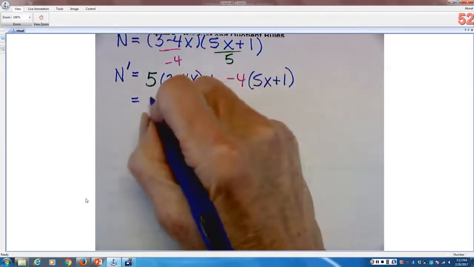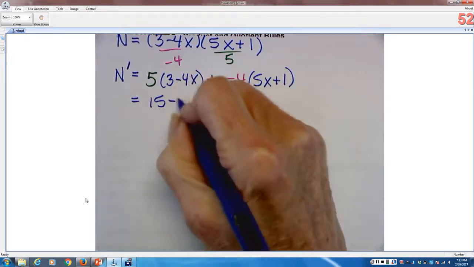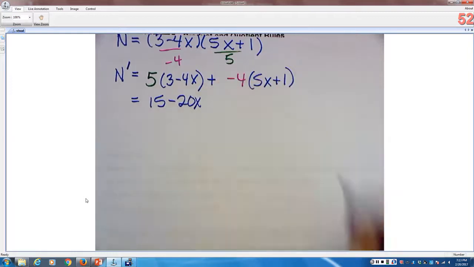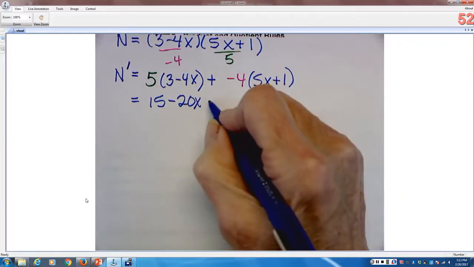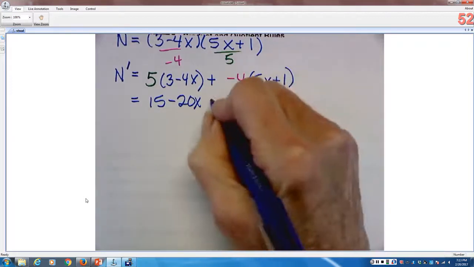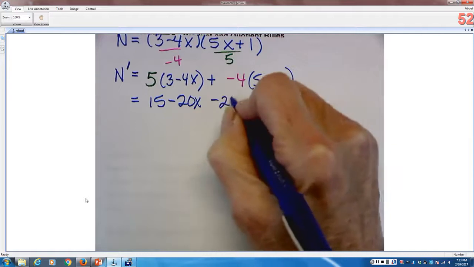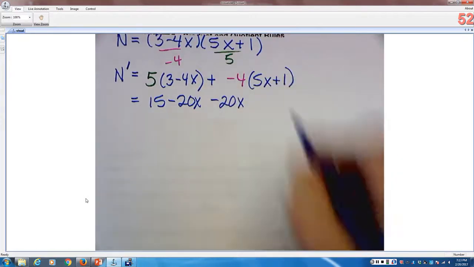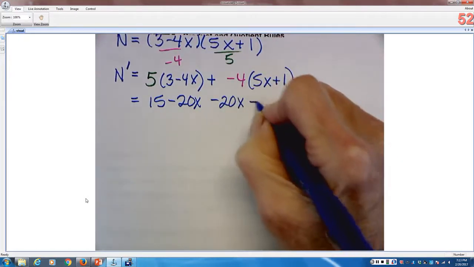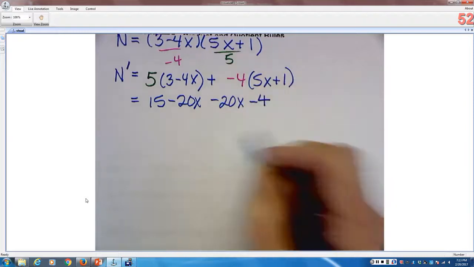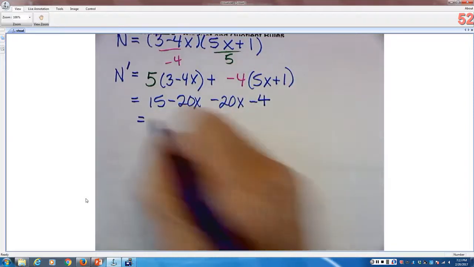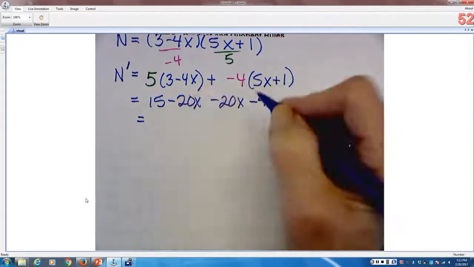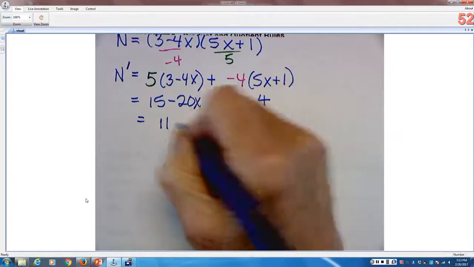So 5 times 3 is 15 minus 20x, and then minus 4 times 5x is minus 20x, and minus 4 times 1 is minus 4. And 15 minus 4 is 11 minus